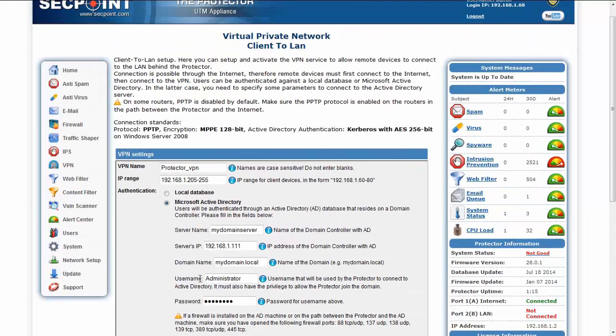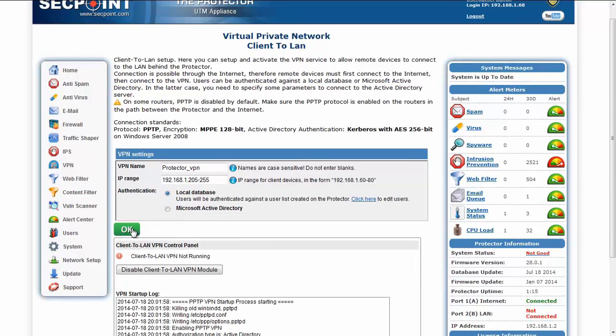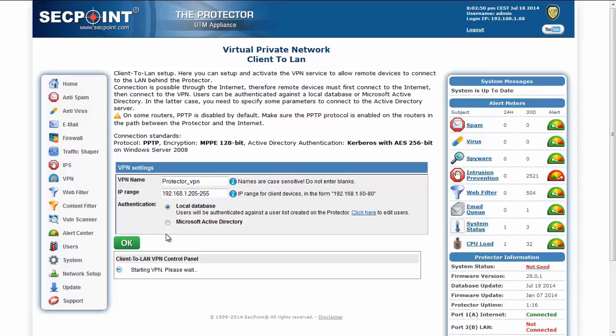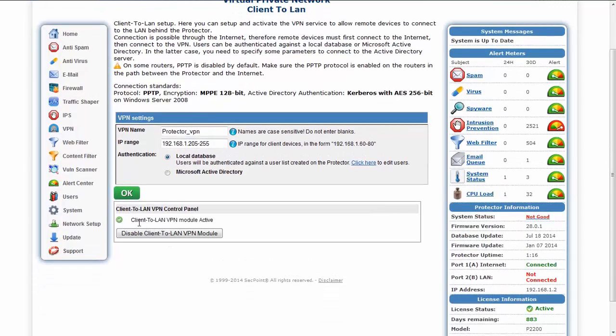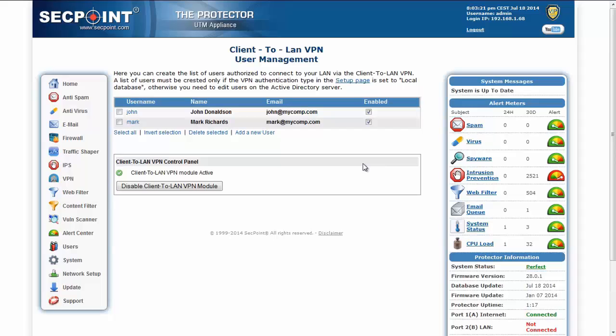If you want to authenticate against the local database, just click here, OK. Then the protector will start the VPN, which in this case will not try to connect to the Active Directory database. To edit users, you just click here, and in this page we have the list of users authorized to connect to the VPN,